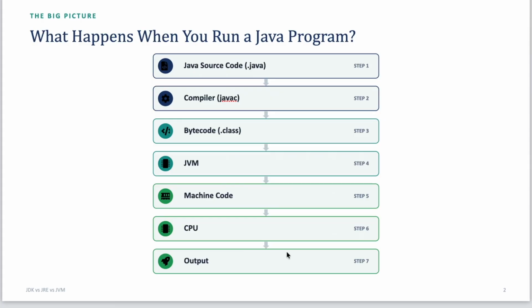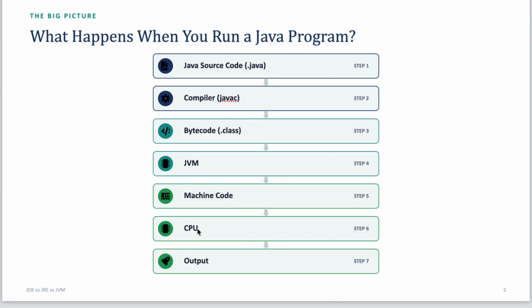Whenever you write Java source code, Java will compile it and convert it into the bytecode, which is a .class file. So when you compile your Java code, it will convert it into a class file. Then JVM will understand this bytecode and convert it into the machine code, because your CPU can't understand bytecode. So it is the duty of JVM to convert it into the machine code which can be understood by the CPU. Now the CPU will read the machine code and give you the output. So this is the basic flow of how a Java program runs.